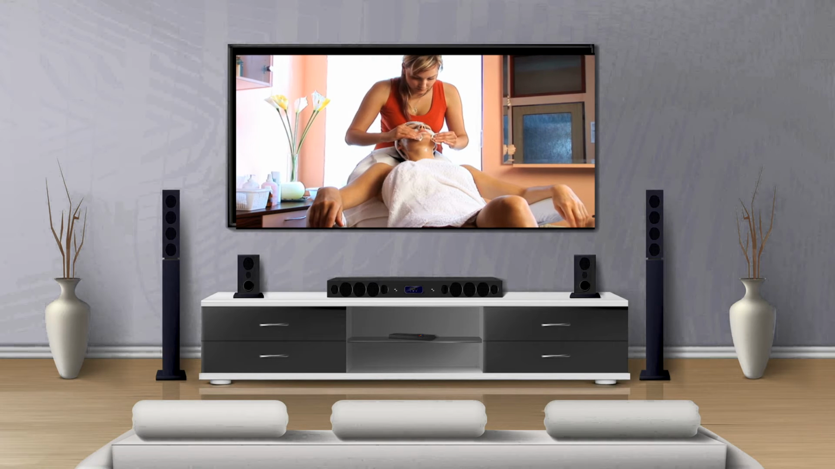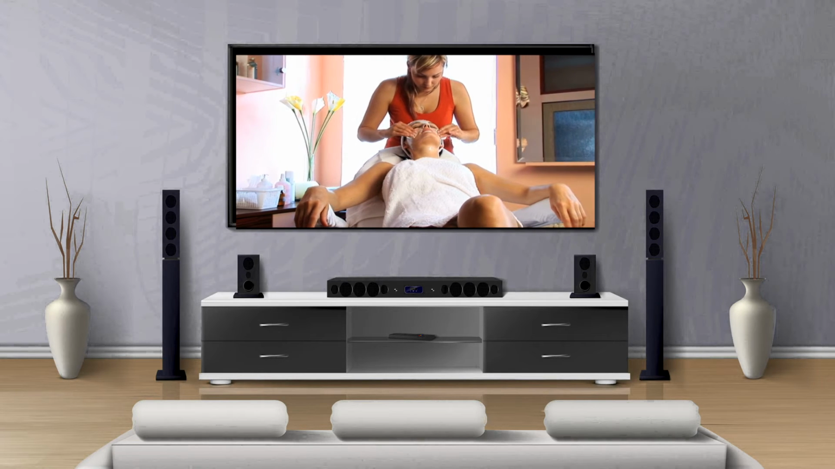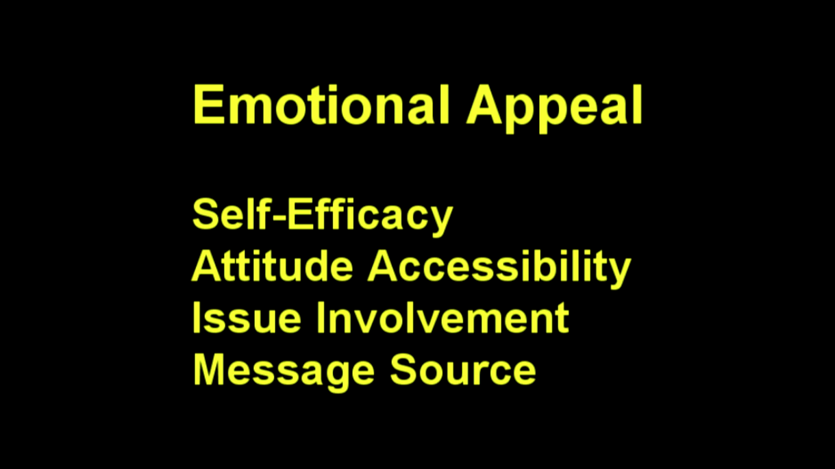So, what messages have the greatest impact on emotional appeal? There are 4 features that we can look at. They are self-efficacy, attitude accessibility, issue involvement, and message source features. Self-efficacy is a perception of one's own human ability. In other words, it is the perception of our own ability to deal with the situation. If we feel like we can deal with the situation, we will change our attitude or we will monitor our